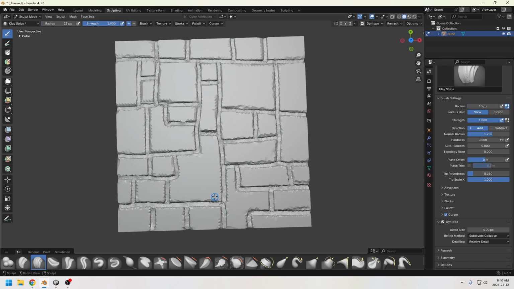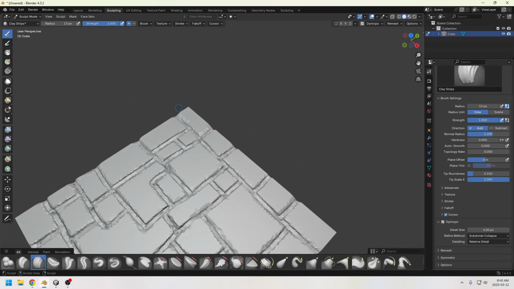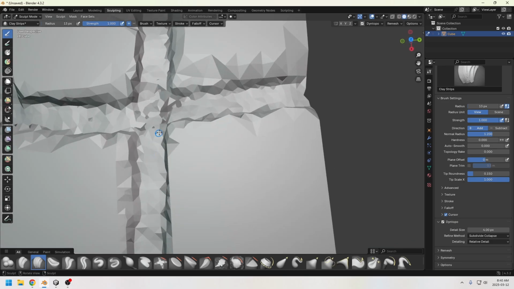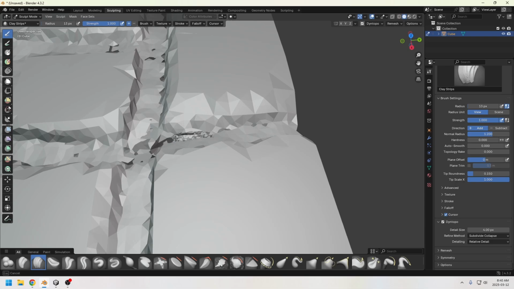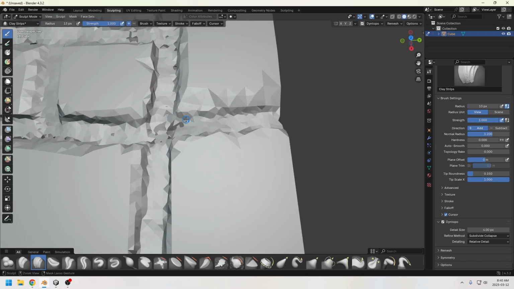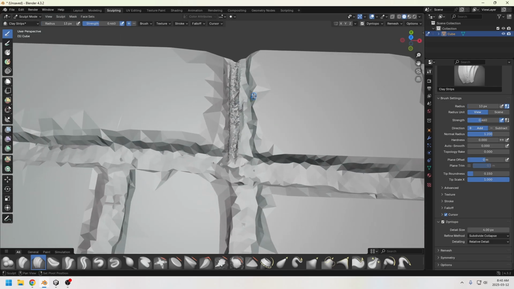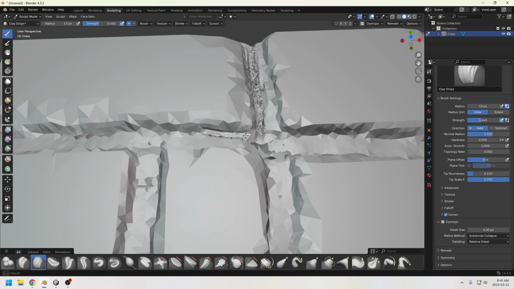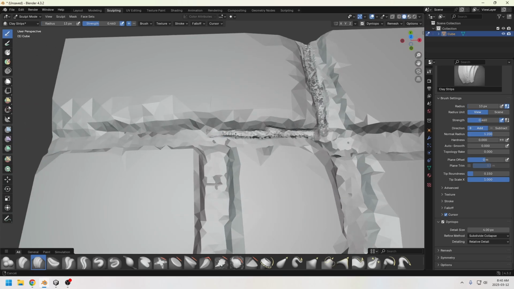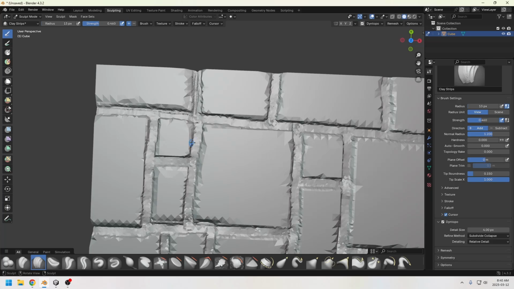So yeah, after you're done something like this, I think this looks pretty good. You could go and zoom in even further and sculpt out details on the walls. So like here, for example, you could try to make this crease more. Just maybe turn down the strength so it's not so much. So you could try to crease this a little bit more so that there's a ridge around the edges if you really wanted to. A lot of this detail is going to be lost to decimate anyway. So if you do something like that,